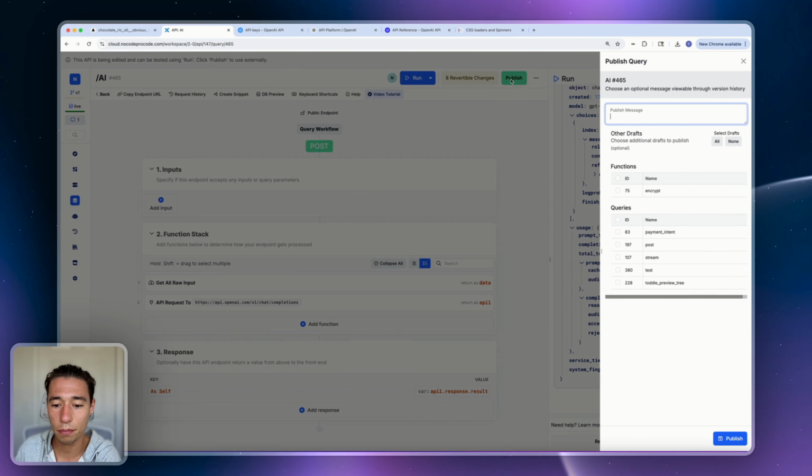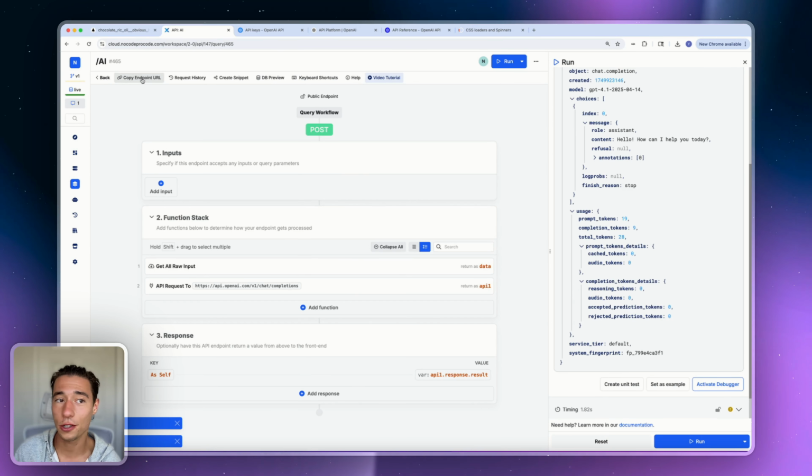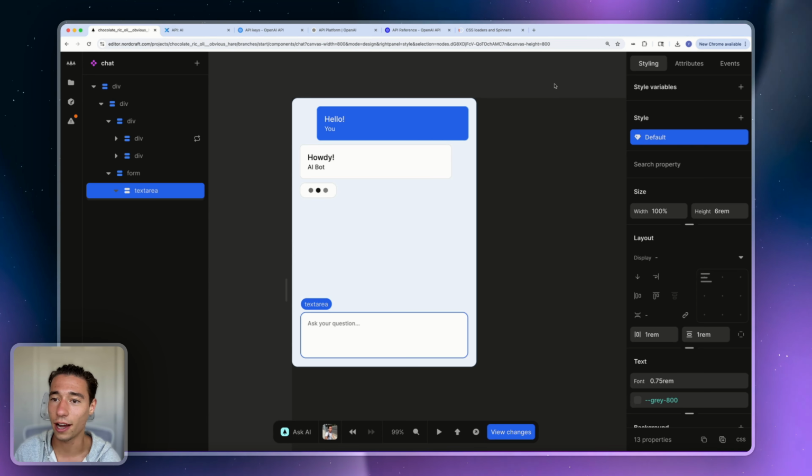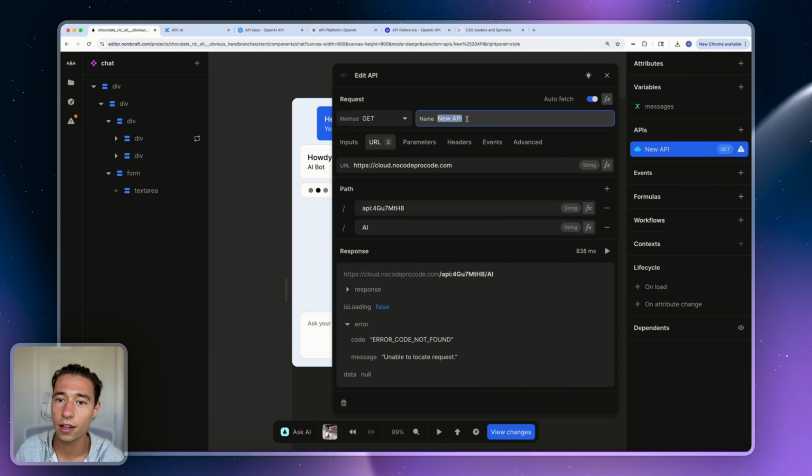So now we want to publish this and we got it all ready. So now I can copy the endpoint URL. I can go to Nordcraft. I can go to APIs. I can paste my URL inside of here. I can continue. I will call this